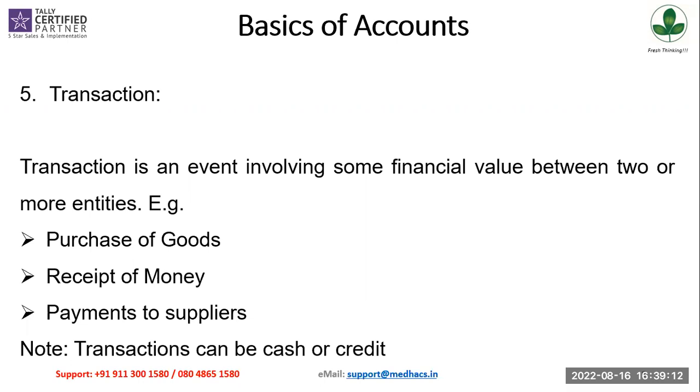Say, for example, one of your customers gave 10,000 rupees cash. Now tomorrow morning you go to the bank and deposit that to your bank account. So there is an involvement of cash or bank. Okay, so these kinds of transactions, or you might be passing some journal entries to ensure that your financial statements are properly maintained. So these are all the kinds of transactions which are recorded in your books of accounts. Okay, so the transactions can be cash or credit also.